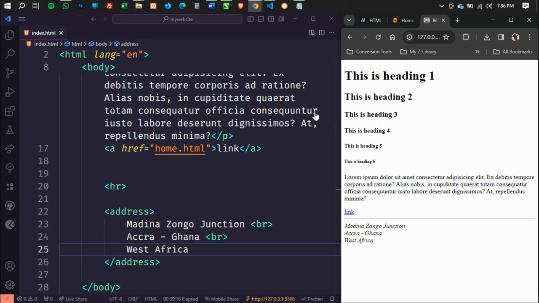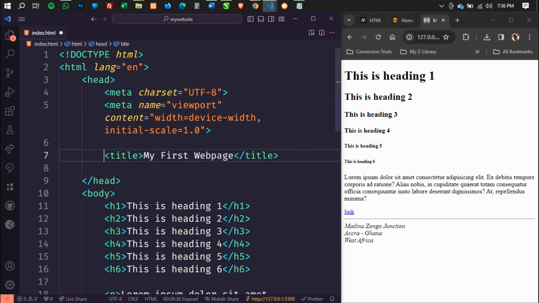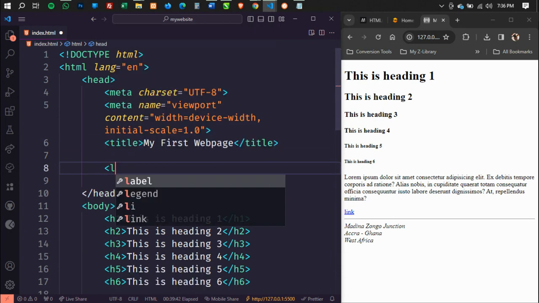Yeah, somebody has a hand raised. So I wanted to find out what are the elements that don't have closing tags? Come again. What are the elements that don't have closing tags? Some of them, one of them is the link element, which goes into the header. For example, when you want to add a link,